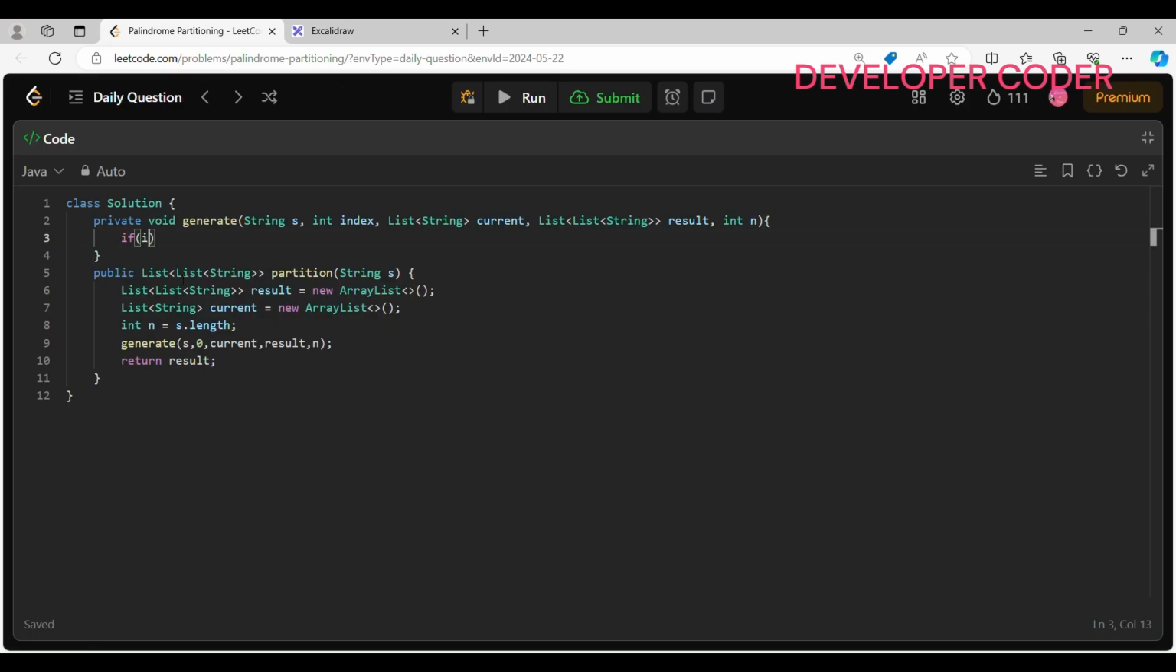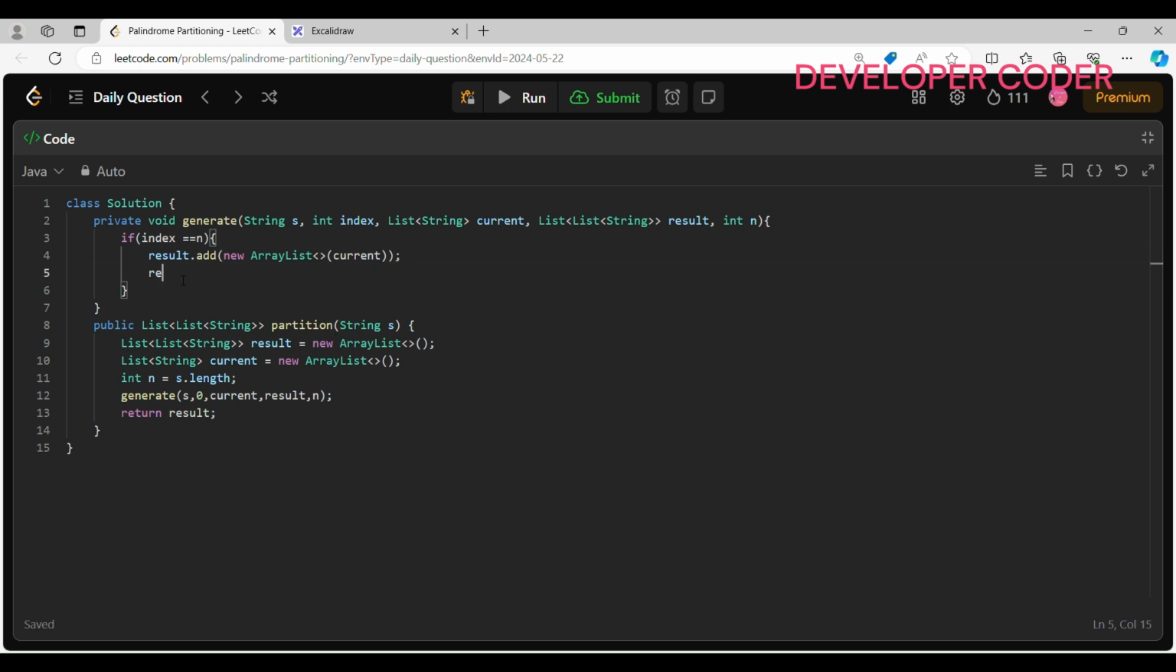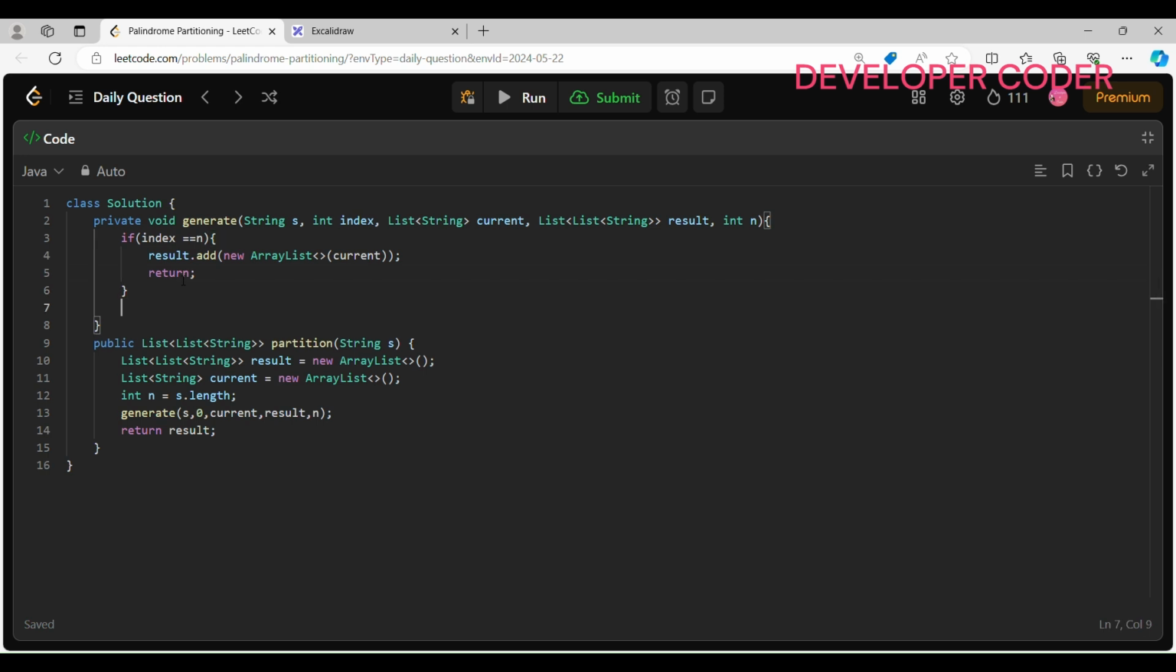If my index is equal to n, then in my final list, result.add, let's create one new ArrayList, and in this new ArrayList I am going to pass my current list. This is done, and then simply return from here. This is clear, right? Then let's